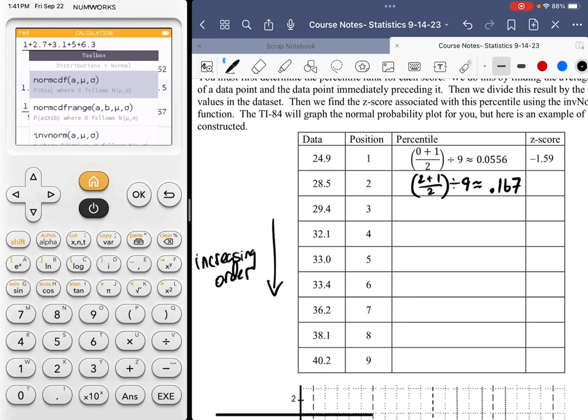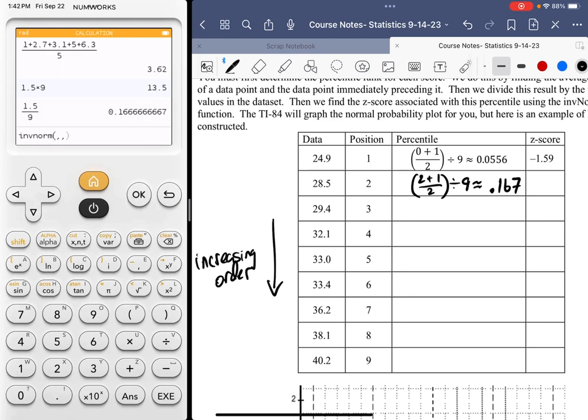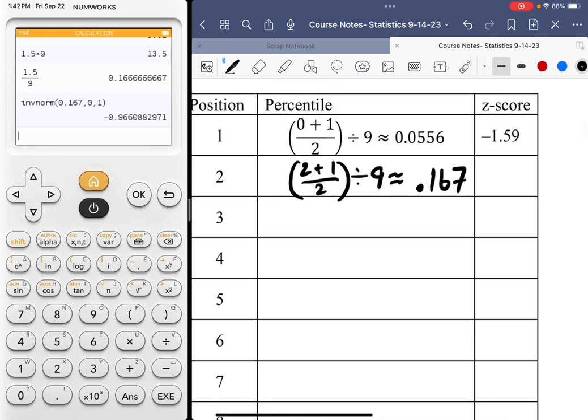If I do a norm CDF, what that's going to give me is the area, having already known what the z-score is. What I want instead is the inverse norm. So you put in the area value. Area, probability, percentages, they tend to go hand in hand. So I'm going to select this one, type in the 0.167. The mean and standard deviation are assumed to be a 0 and a 1 when dealing with a standard normal distribution, which is what we're looking at here. Hit OK, and it'll give me a value that I could round, so negative